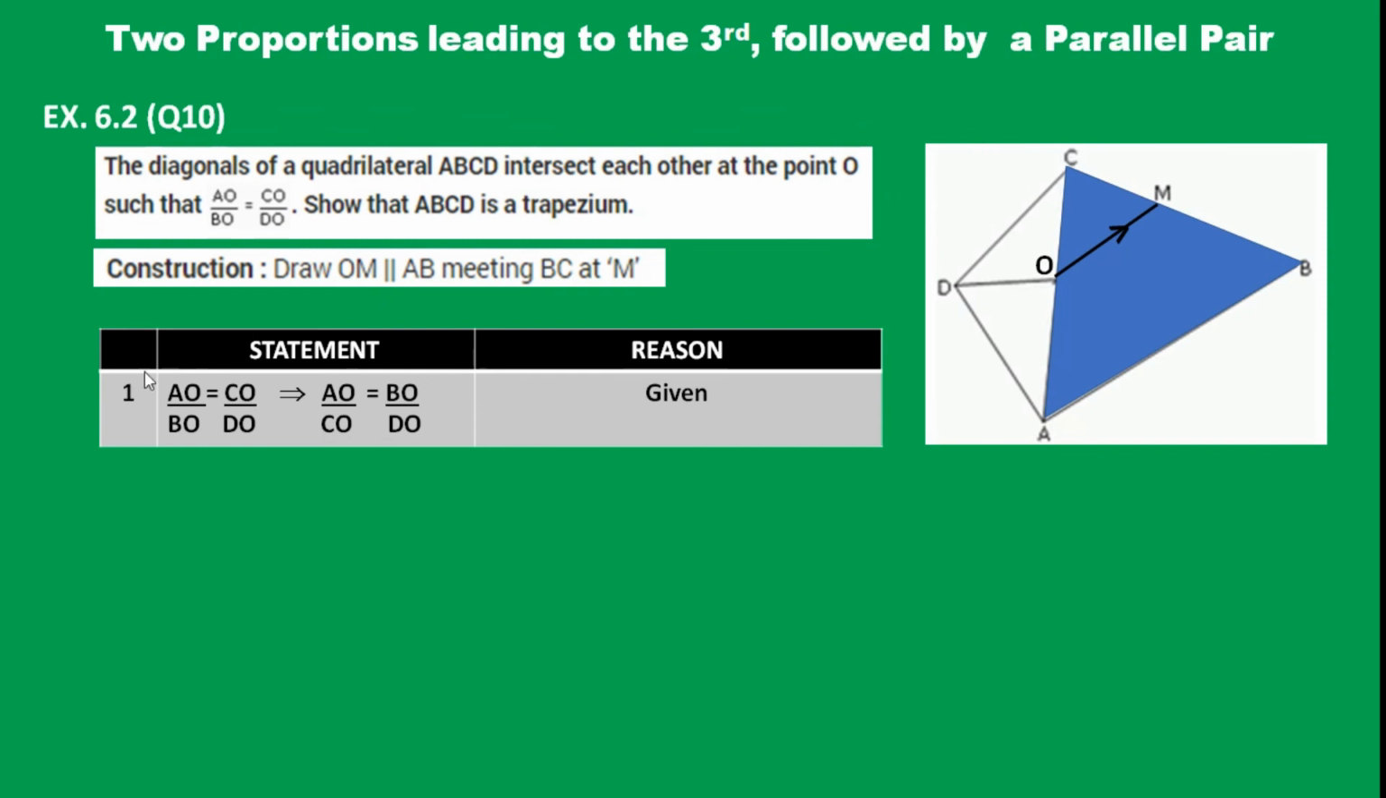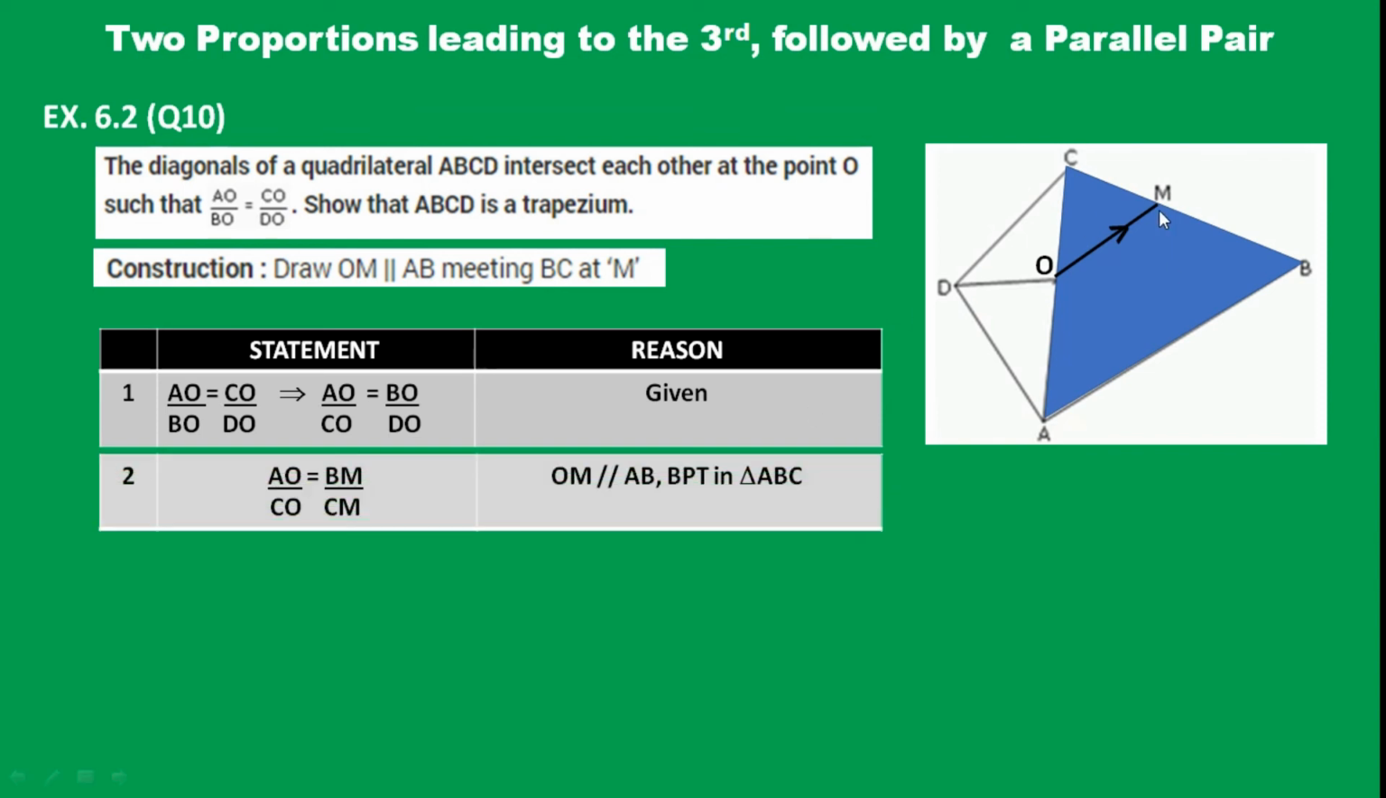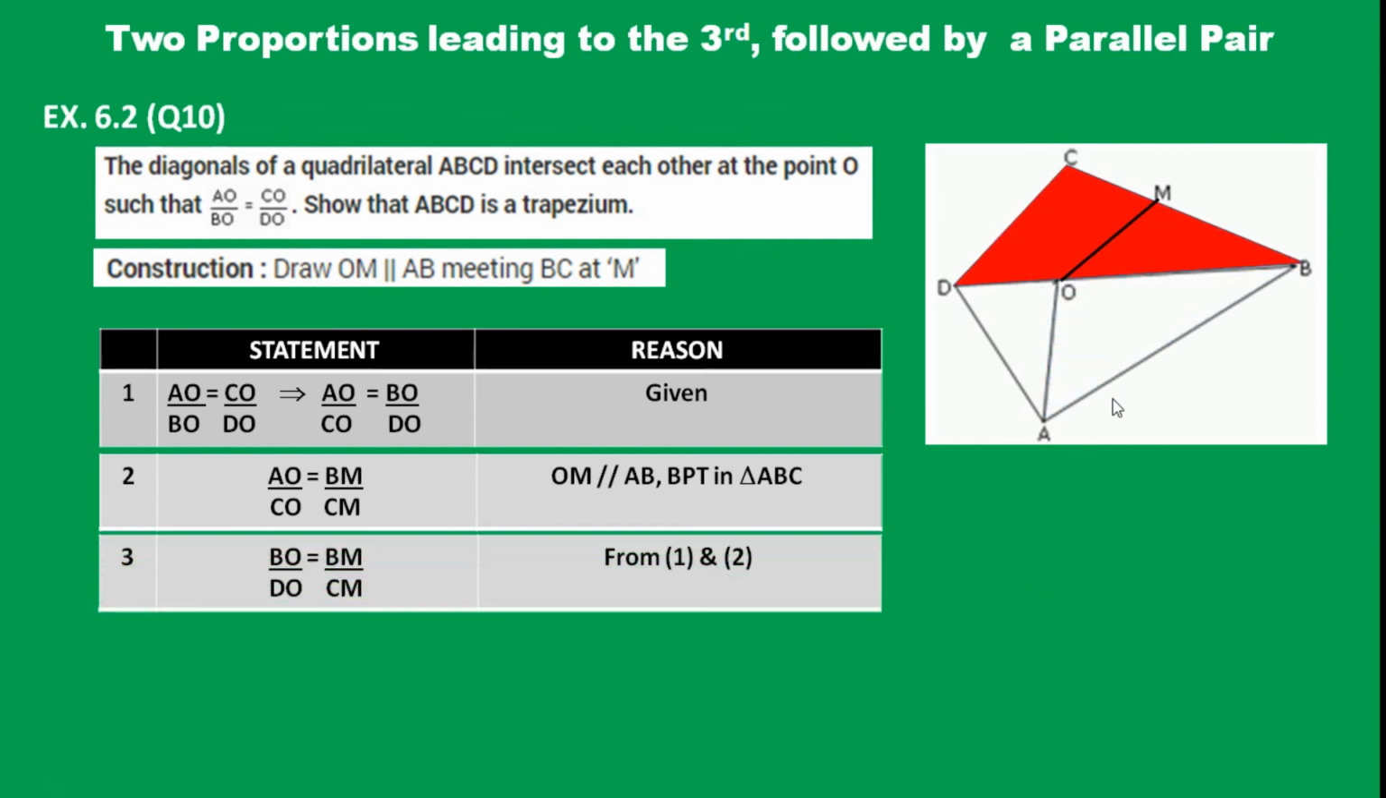However, please observe, it is given to us that AO upon BO is equal to CO upon DO. So we have interchanged these two. It becomes AO upon CO is equal to BO upon DO. This proportion we have got from the given, not from the BPT. Now, when we use this blue triangle, we get AO upon CO is equal to BM upon CM. Comparing statement 1, in the red triangle,